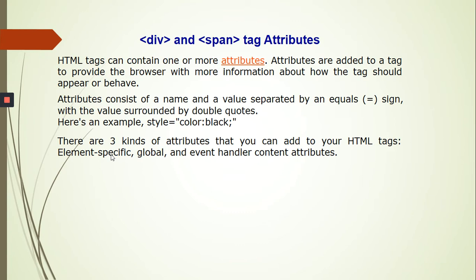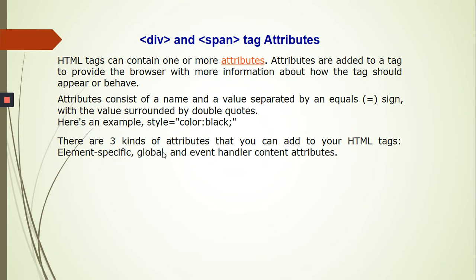So element specific is tag attributes. The tag has an attribute. Similarly, take heading tag H1, H2, H3, H4, H5, and H6. The heading tags have an attribute called align. Take font tag. It has 3 attributes: face, size, and color. So every tag has its own attributes. That is called as element specific. That is tag specific. Clear?